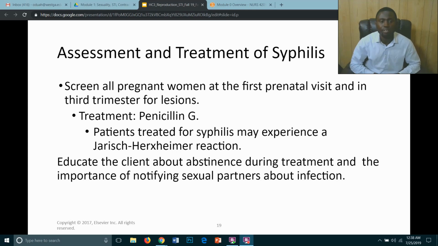If treatment precipitates this reaction in the second half of pregnancy, women will be at an increased risk for preterm labor and birth. So you have to prepare for the potential of a preterm delivery.